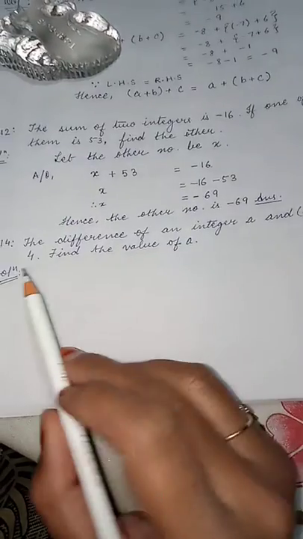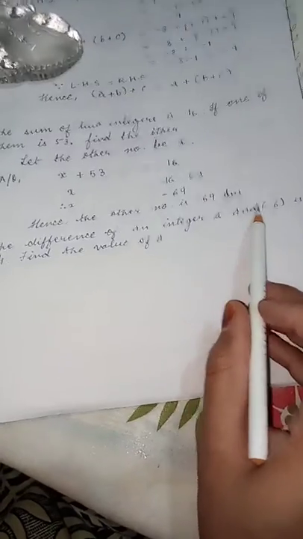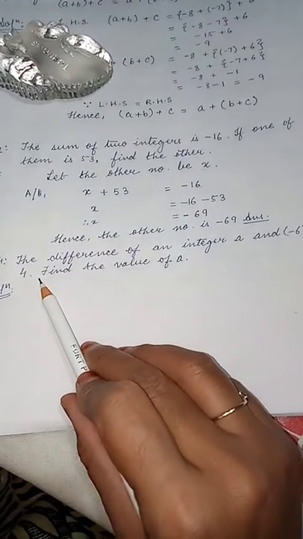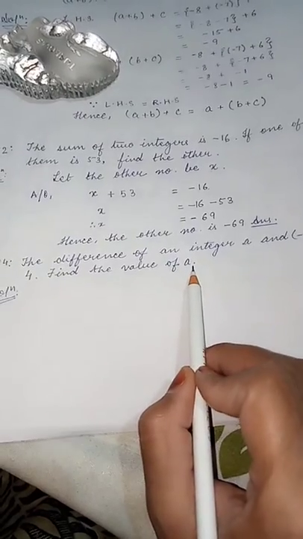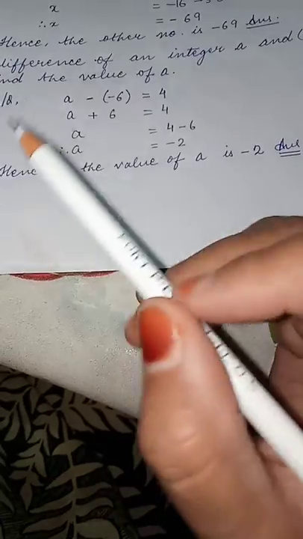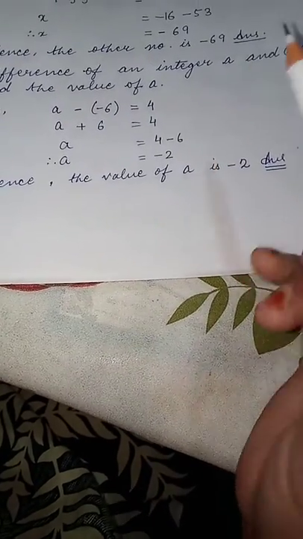Now children, let's do question number 14. The question says the difference of an integer a and minus 6 is 4. So here the difference is given and you have to find the value of a. Now here you don't have to assume let the other number be a or x because it's already given